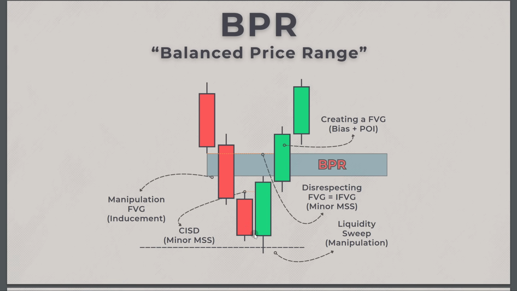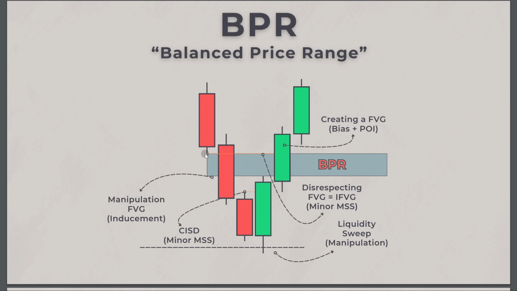A lot of confluences. Now we started to go higher, and by the end of this candle, when this candle closes, we are now creating a new fair value gap, and that can be used as a bias, another confluence for a bias, as well as a POI to enter from. When combining all of those things, the fair value gap, the manipulation one, and the bias fair value gap, the fresh one, the new one, that is the valid one within the right direction, when combining those and looking for